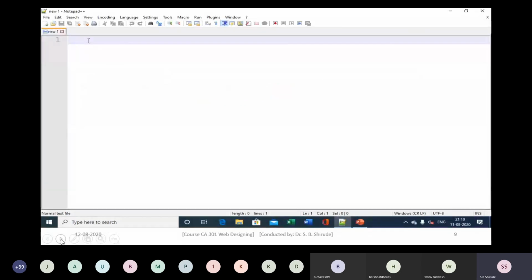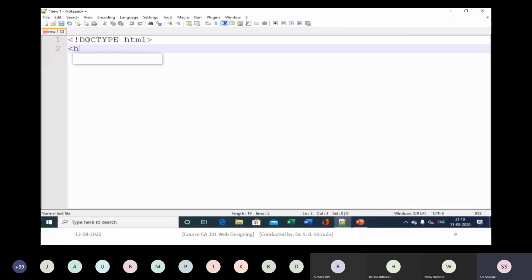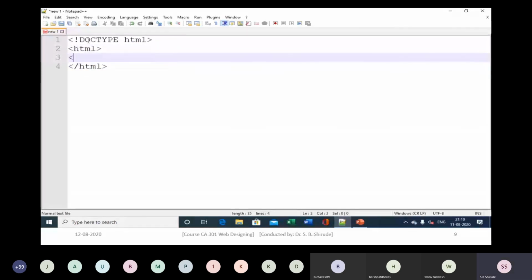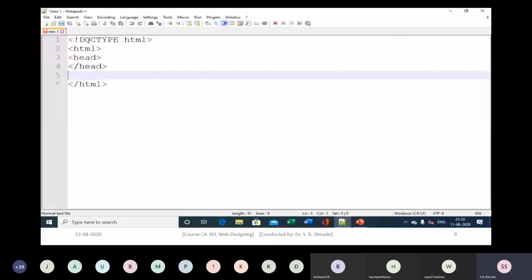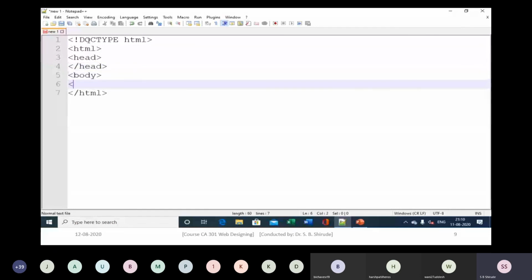So see here, I have opened Notepad++, and in that I am typing the first line, DOCTYPE HTML. Then after that, the root element of the web page is HTML, and in HTML we have two sections, the head section and the body section.